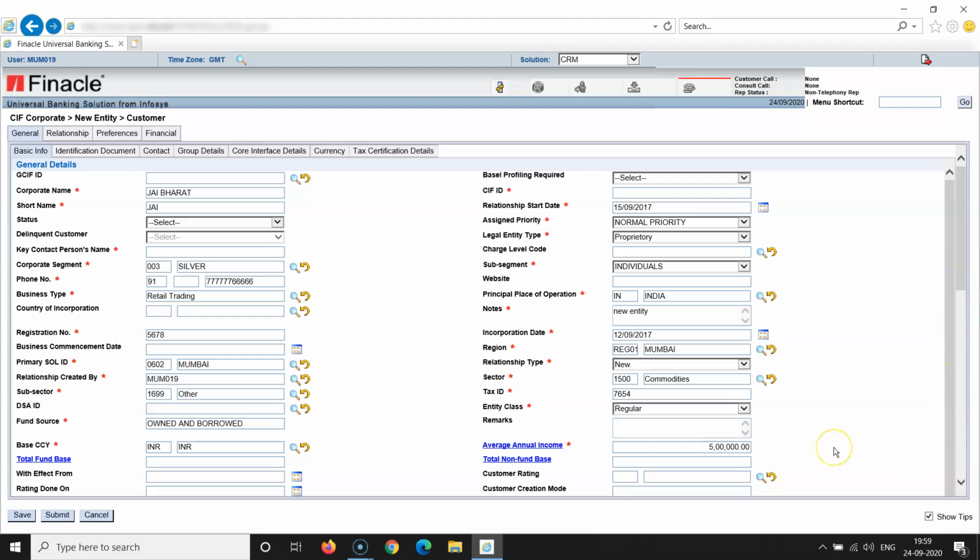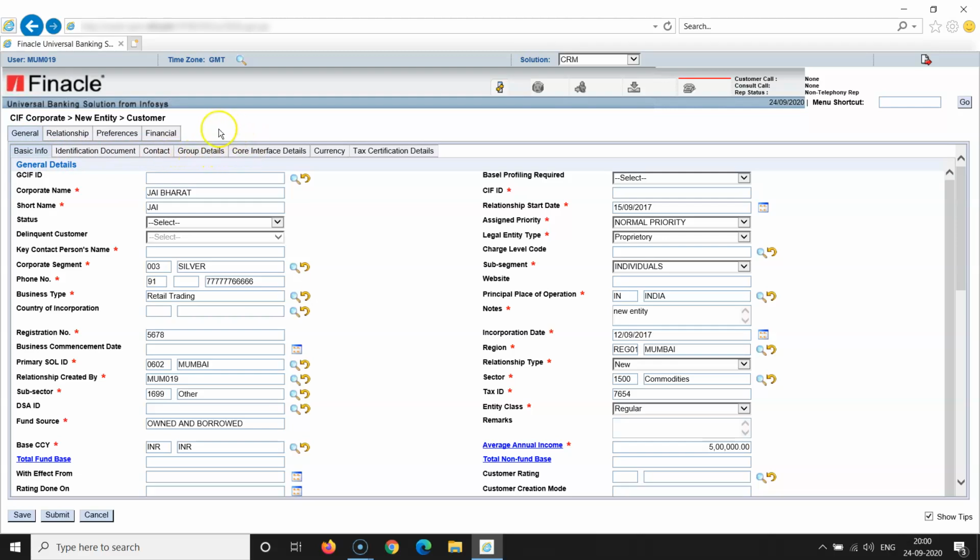Now bring this slider down here. This is okay. I think no field is remaining here. I want to emphasize here, like in retail KIF we were entering various entries like general details under the general tab, basic info, identification, KYC, contact details, addresses, phone number, email IDs.